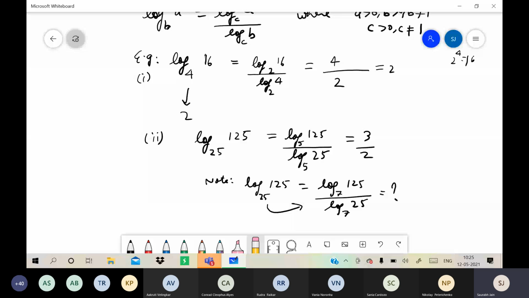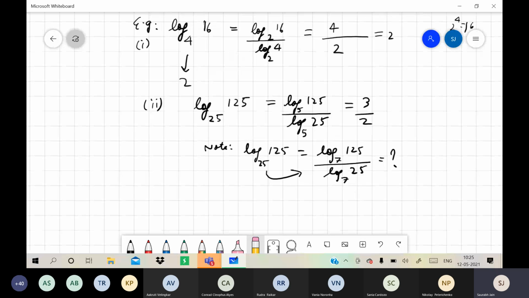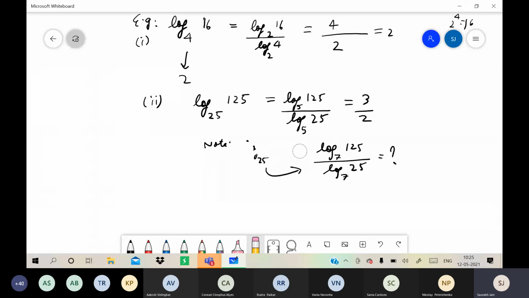Now based on whatever we have studied till now, that is till property 5, I am going to give you a question. If you remember, there was a property related to plus, log m into n. Then that minus property where numbers come in division, log m by n. Then that power property, log of m to the power n is n times log m. Then a to the power log n base a is n, remember? And this is the fifth property.